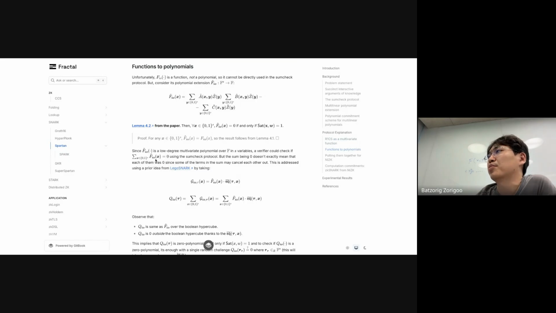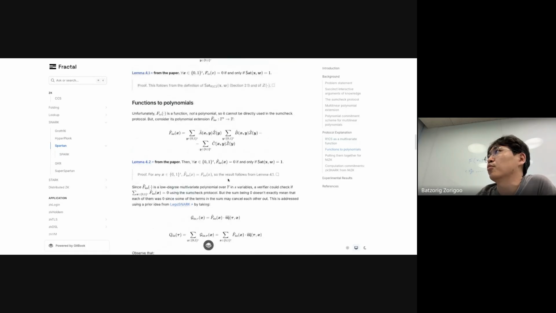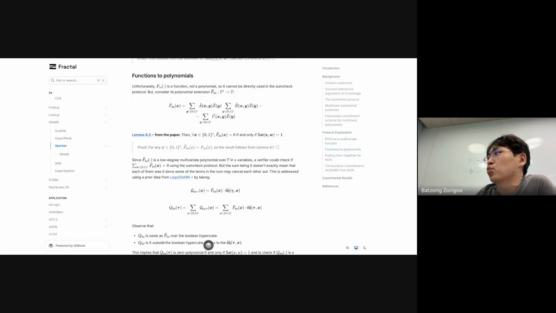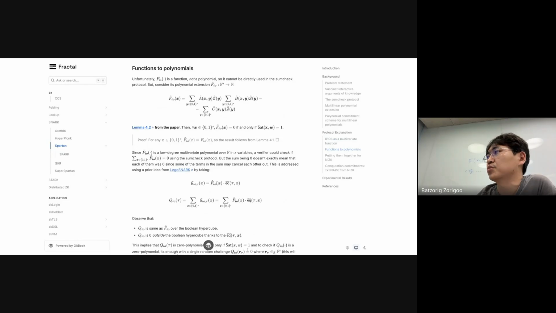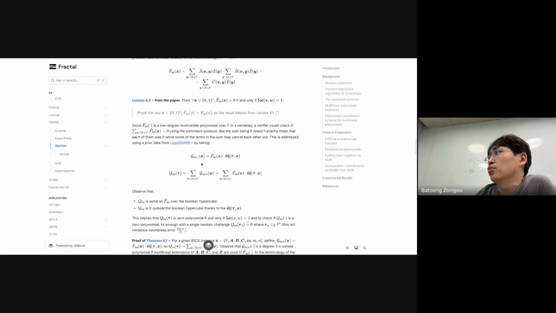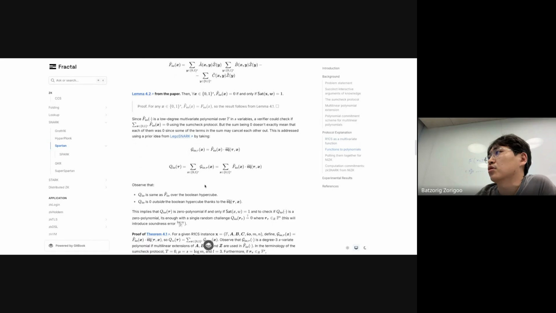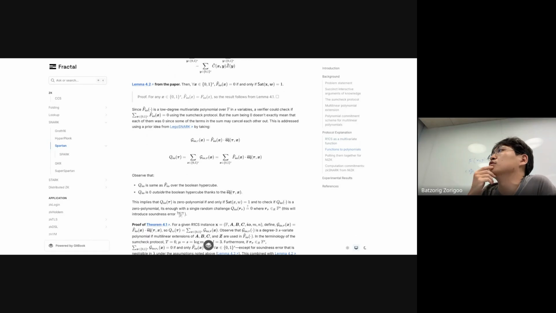We actually multiply this polynomial with this EQ extension. So if you remember, EQ extension is 1 only if tau is the same as x. So tau is equal to x. So what this means is, if we sum over,